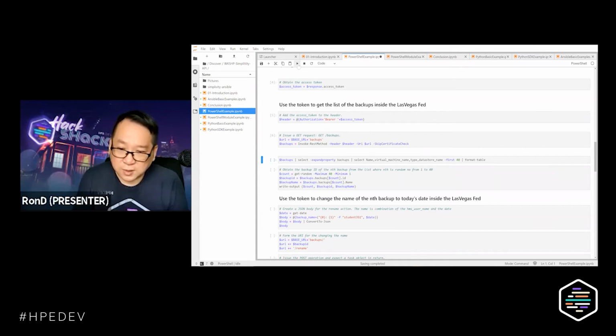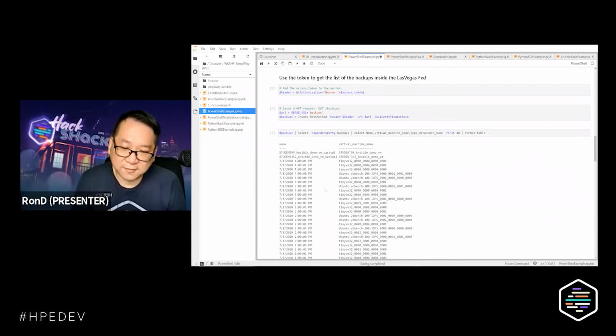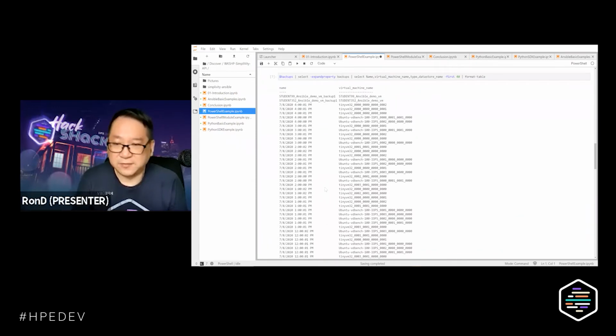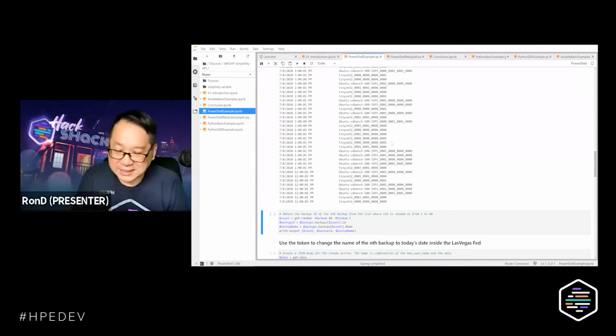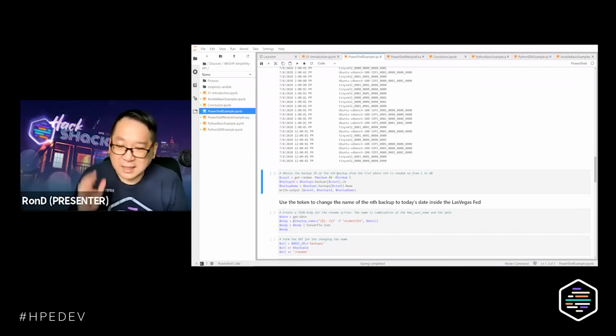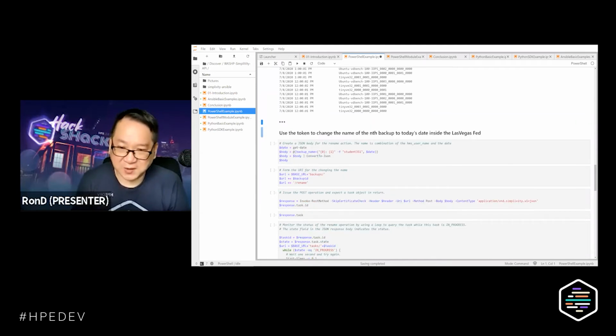And here we are going to show the content. So here is what we have in terms of the backups that are available inside the machines as of today. Using these particular tools, now we understand how to get the information about our backups. Now let's do some operation to modify it. Something that is fun, like here, you know, what I did.